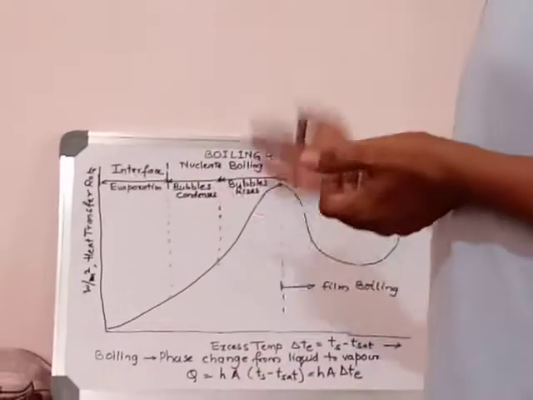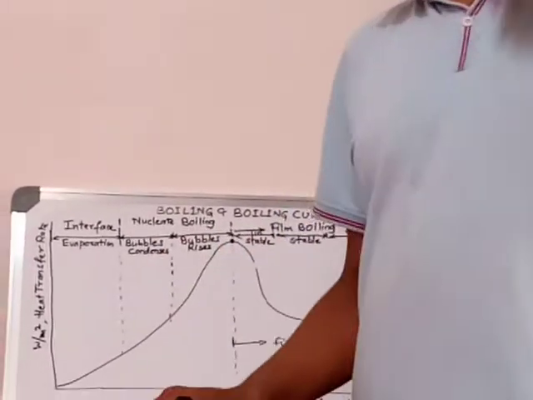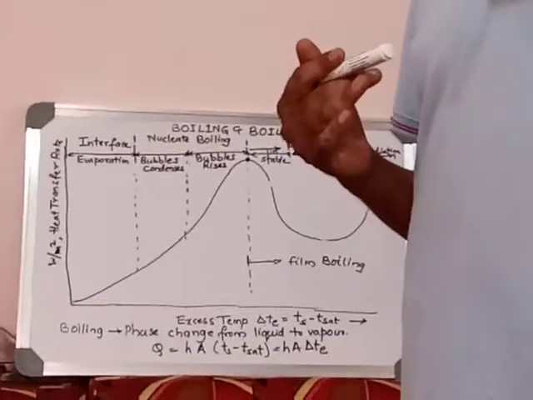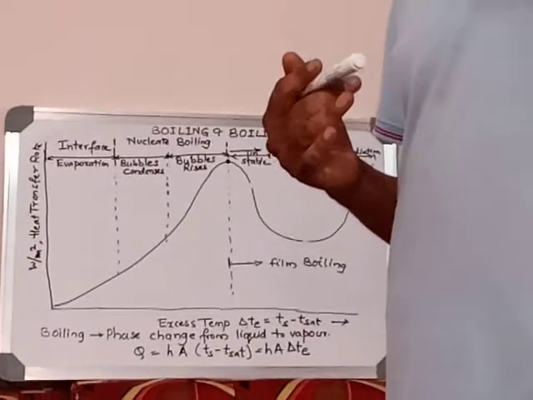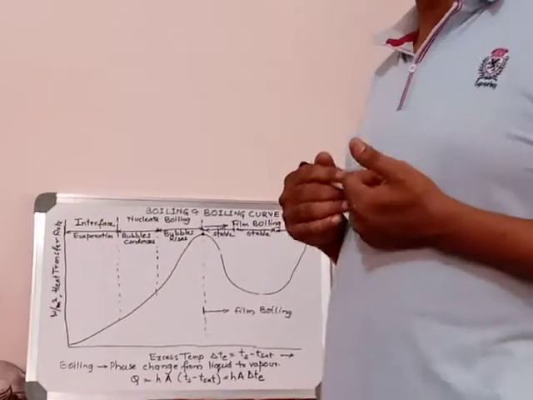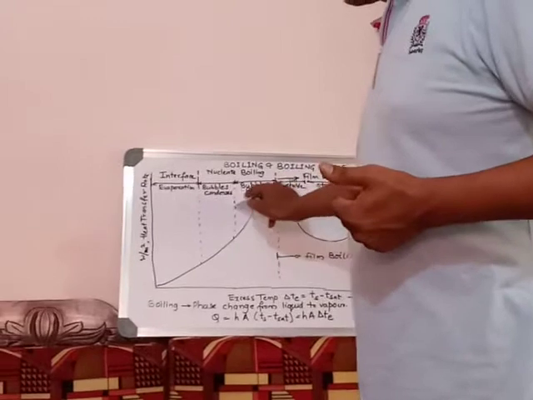So, next stage, just continuing our heating, the bubble rises to the surface level. Bubbles are created, and the bubbles are able to come to the surface of the liquid, or water. In this case, it is water. So there it will rupture. That is also good, because we can see the heat transfer rate is increasing. It is increasing up to this point.